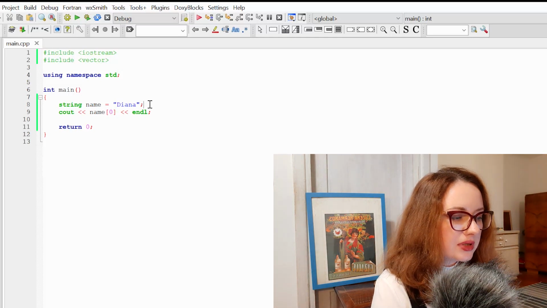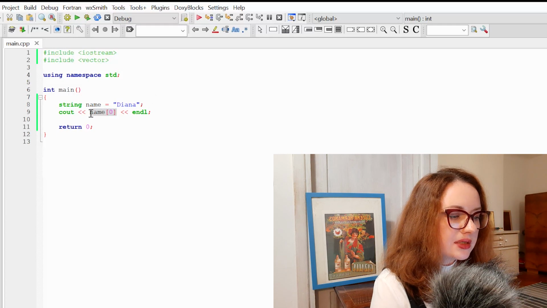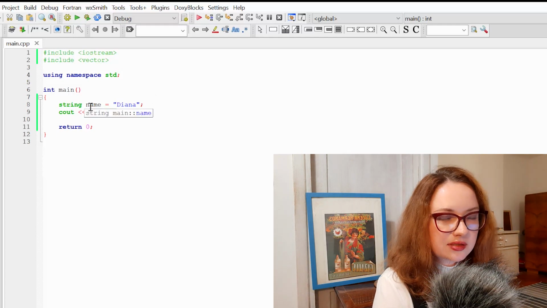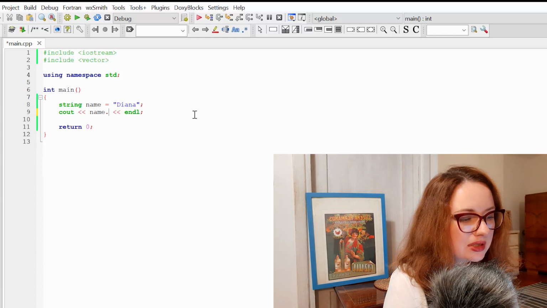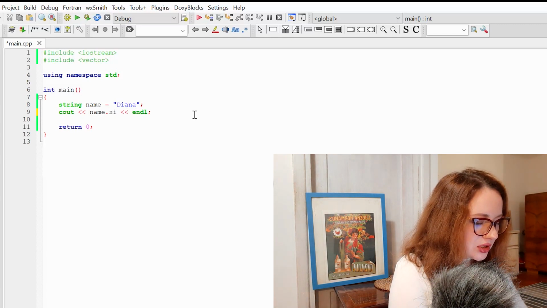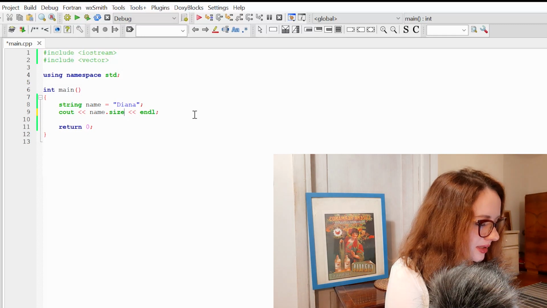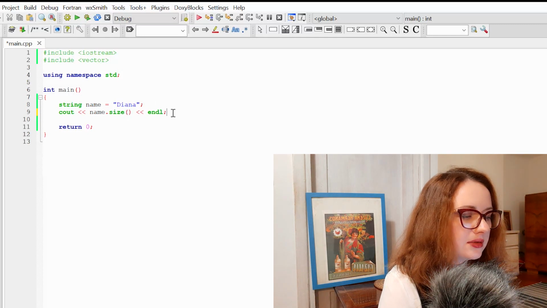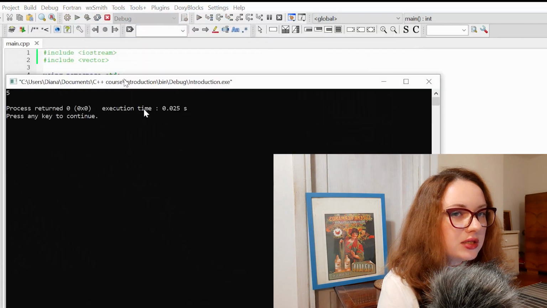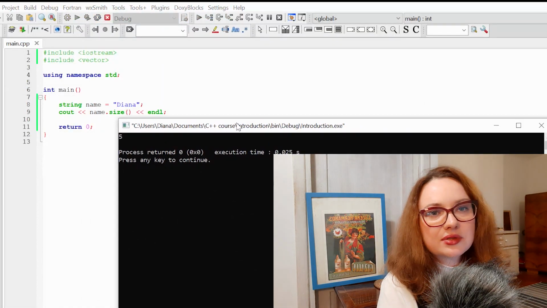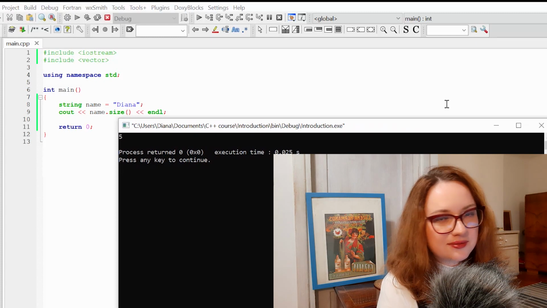So for example, if I want to check the size of my string, once again type name, the name of our string, dot, and function size, and round brackets. And now let's try to build and run this program, and you can see that indeed my name contains 5 chars, 5 letters.